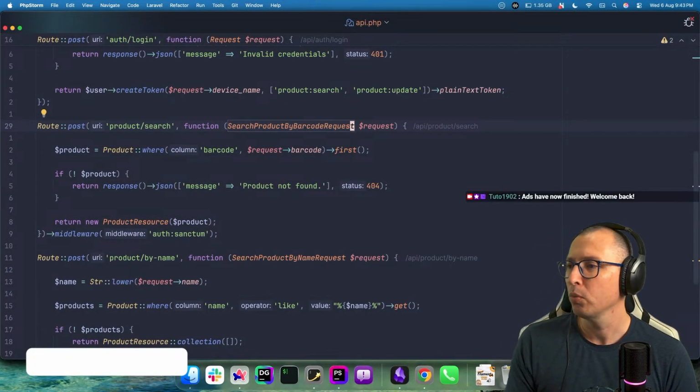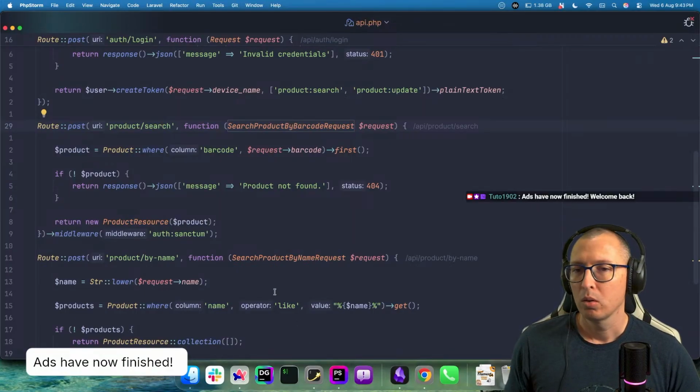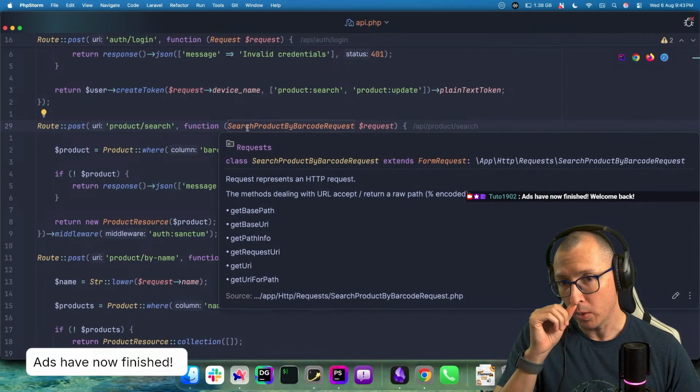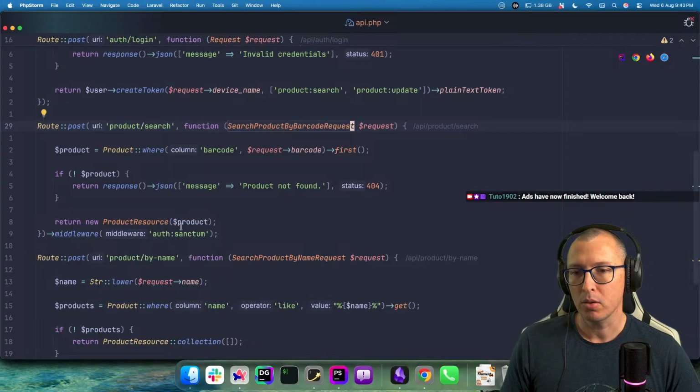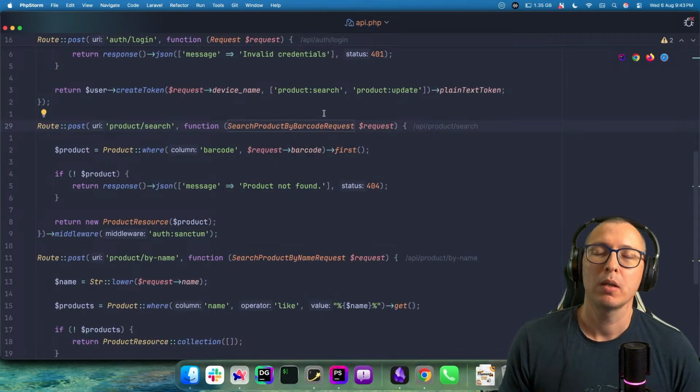All right, so we have a couple of requests to replace in the search by name and by barcode. We have the appropriate class